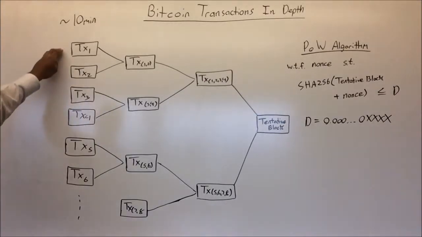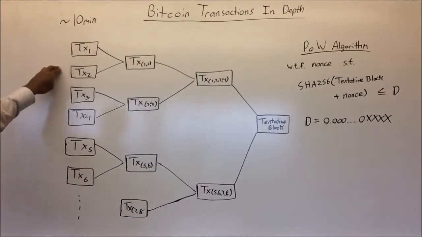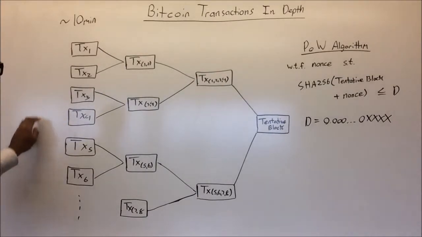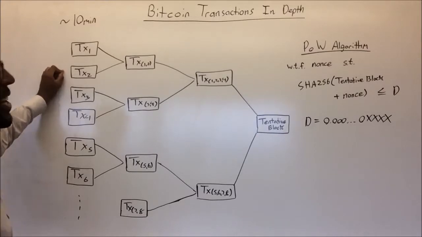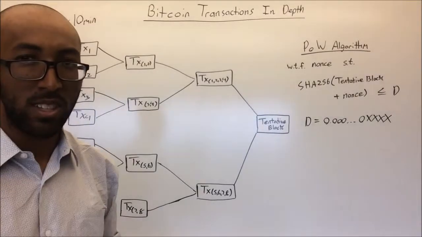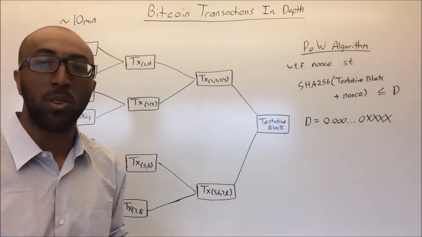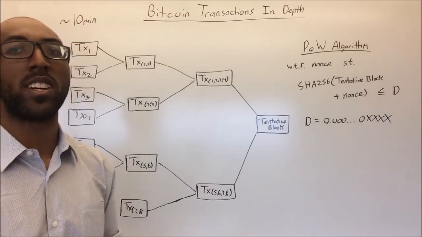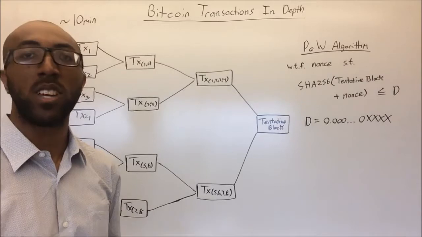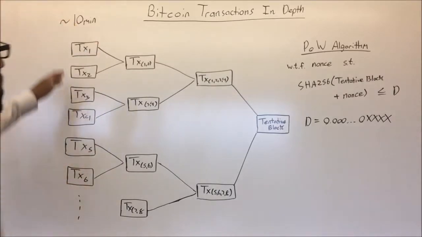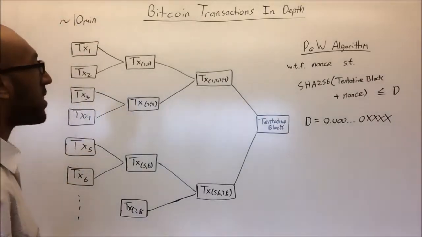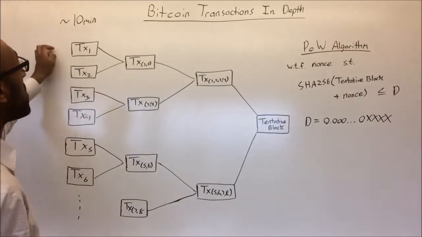So what miners will do is they'll look at all these tentative transactions, so 2, 3, 4, 5, etc. We'll look at each and every single one of these transactions and determine whether or not these transactions are valid, whether or not they are double spending, whether or not they have proper authorization. Now, assuming all of these transactions are indeed valid, what miners will start to do is they will start to